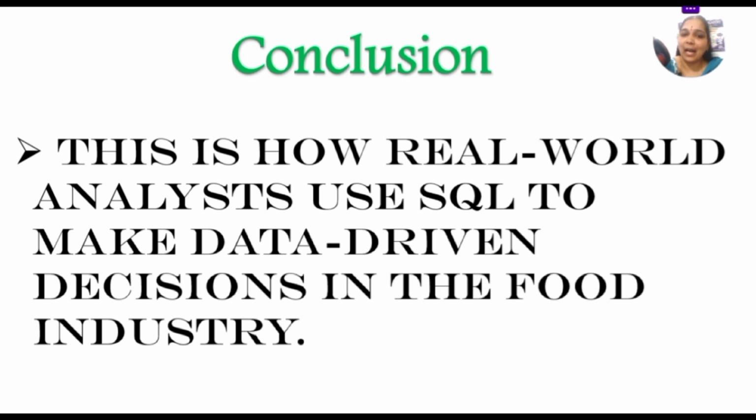So in the real world, an analyst has to do basic queries on the basic database for making decisions in the food industry. Okay, this is the mini project that I have used in SQL. In the next class, we will go through an upgraded one, for how the entire SQL project can be done. Meanwhile, please learn this one.